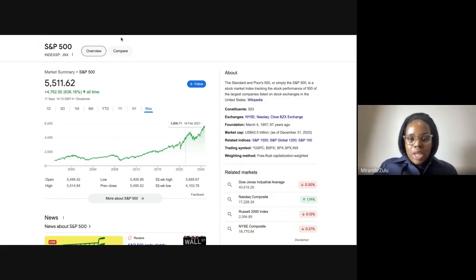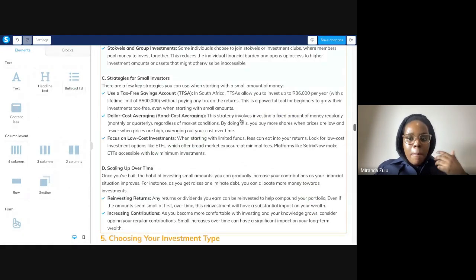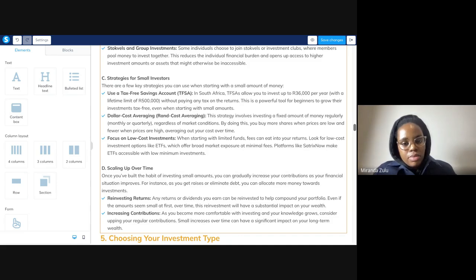There's no way for you to measure and know, okay, now I need to buy at this time. And so the strategy here is to rand cost average. Buy shares regardless of the market conditions, regularly, whether you buy consistently or quarterly, depending on how you want to do things. But then once you've bought it, forget about it, if it's part of your long-term strategy. But with individual shares, you are going to be pulled in all directions, especially if you're trying to follow what people are doing.